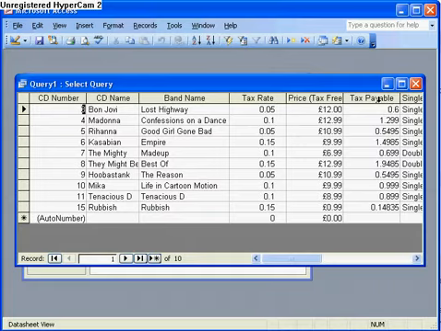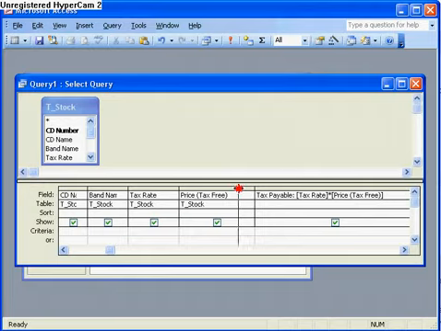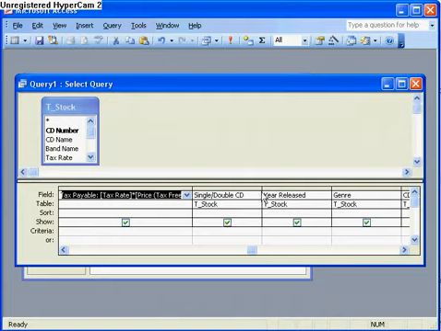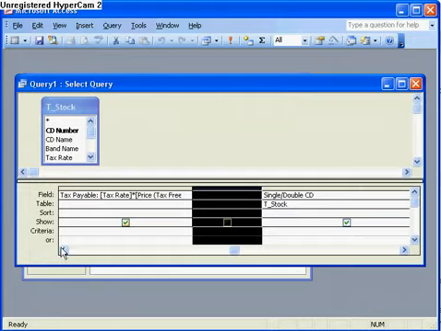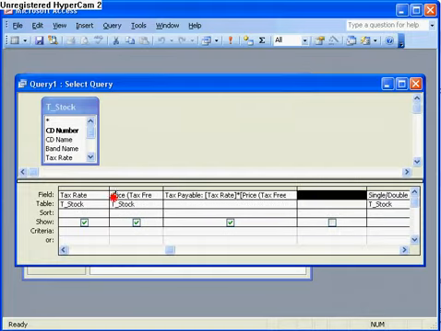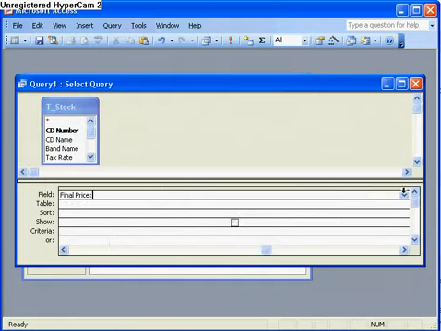Now what I'm going to do is add a new field here, which will just add the price and the tax payable to give me a final price. So I'll go back into my query and I'll just shrink this down again, and I'll move across here, and add a new column again, and all I'm going to do is add the price and the tax payable. I'm going to call this final price, put a colon on it, and in here, a little bit too big, but never mind,